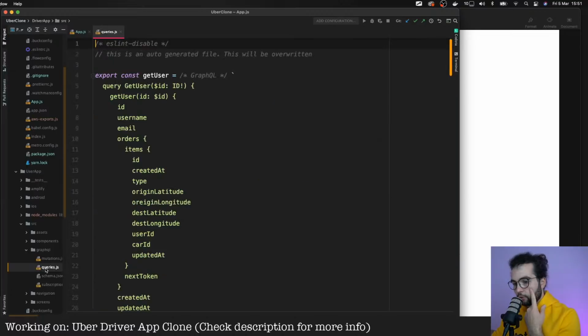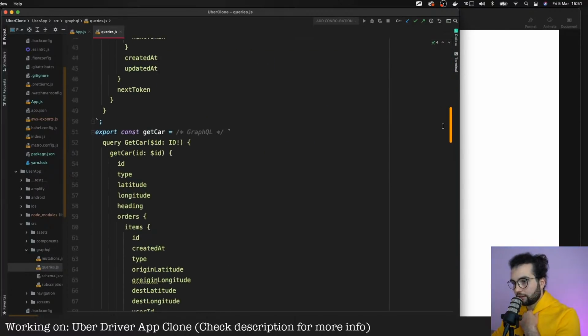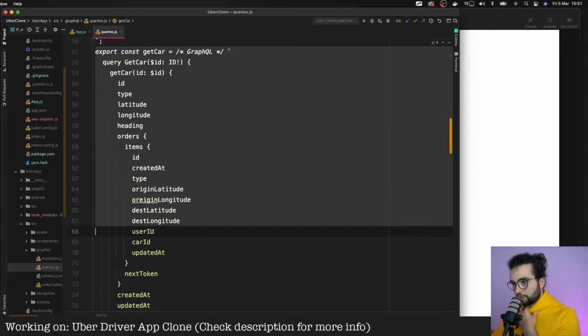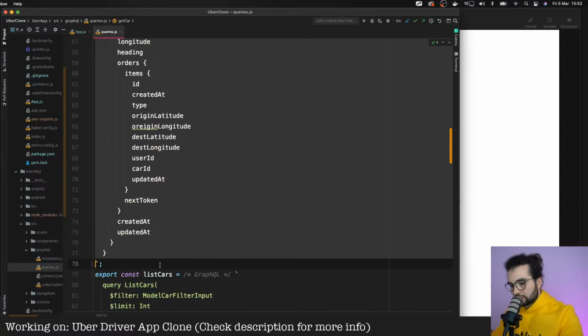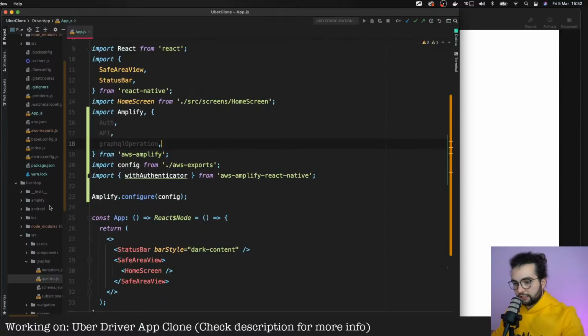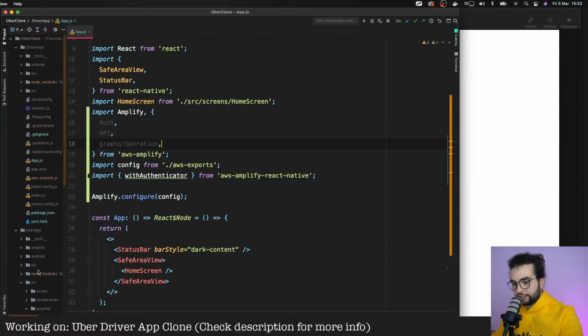GraphQL, and from queries, I will grab the get car query. Yeah, here it is: export const get car. Let's copy this query because we will need it. It's in the user application, and it is auto-generated, but we will need it here in our driver app.